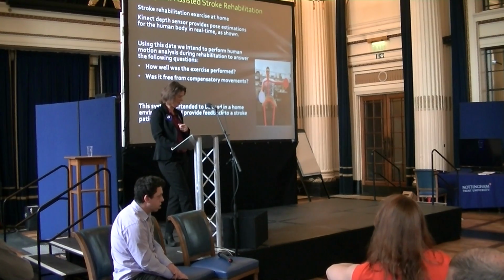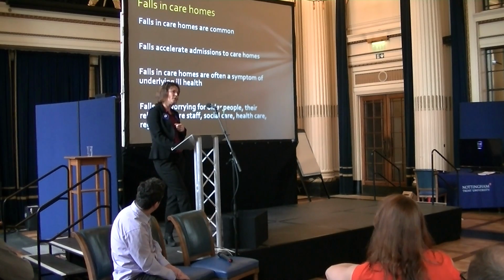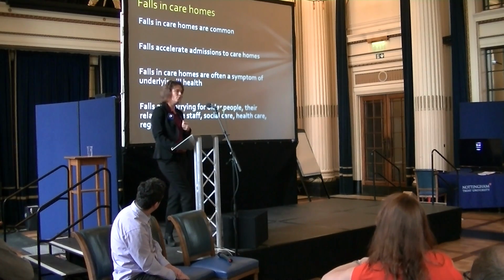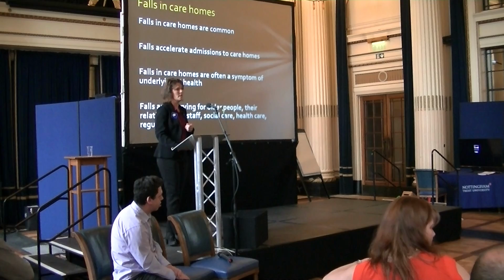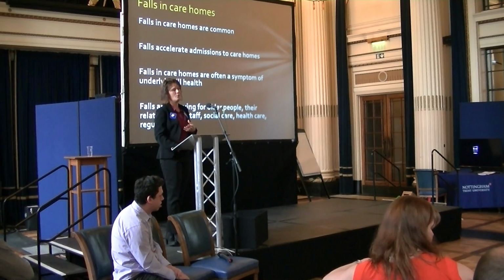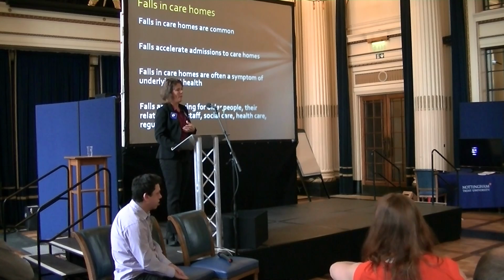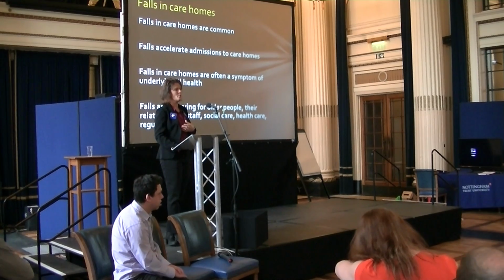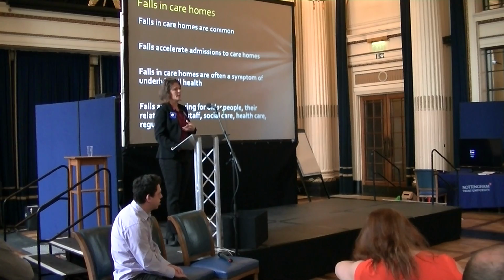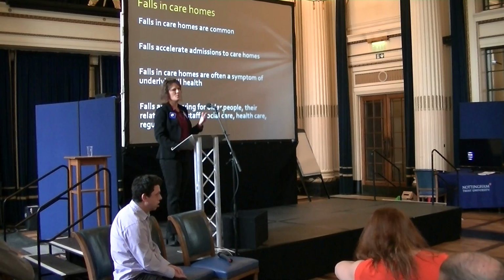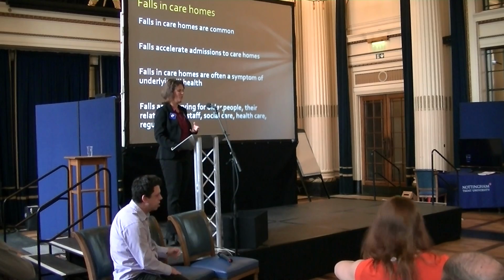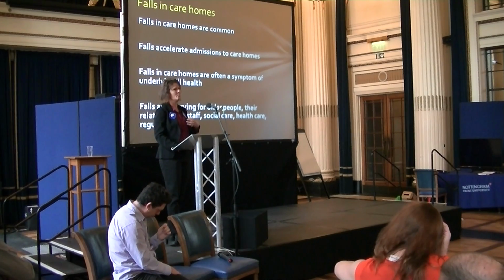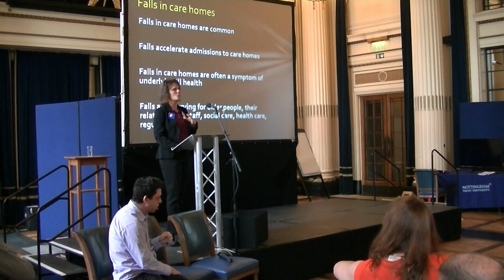It's a fantastic one. And then I'd just like to talk to you a little bit about falls. Now we've got a Falls in Care Homes project, we've just had it funded, and it's going to be running in Nottingham City and in Nottinghamshire County, and it's looking at trying to prevent people in care homes from falling over. And one of the big problems with that is how do we measure when people are falling over? There's a lot of discussion in the technical world about cameras in bedrooms, cameras in toilets, heat sensors to find out if someone's on the floor, accelerometers, bracelets, necklaces, all sorts of things.